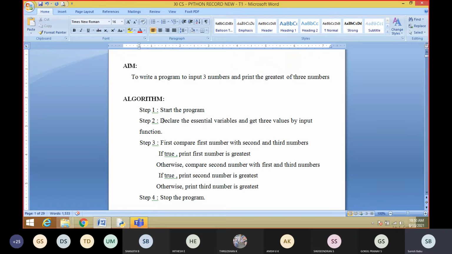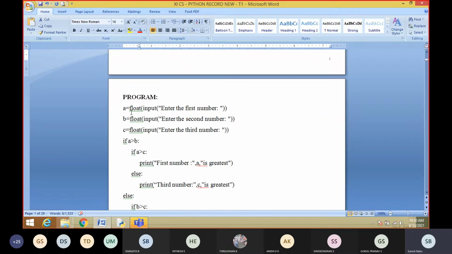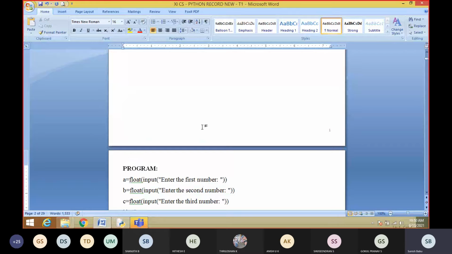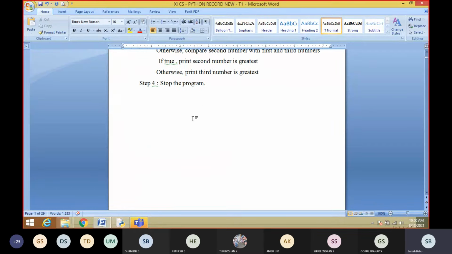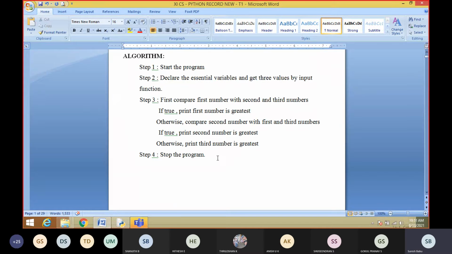But for Python we can declare and get values in the same step, like this: a equal to float input, enter the first number. But in other programming languages, first we need to declare the variables, then in the second step we need to get three values. Declaring and getting values are different.